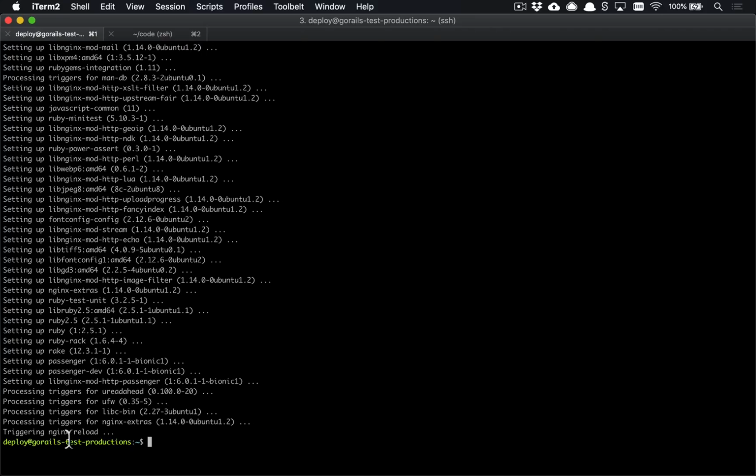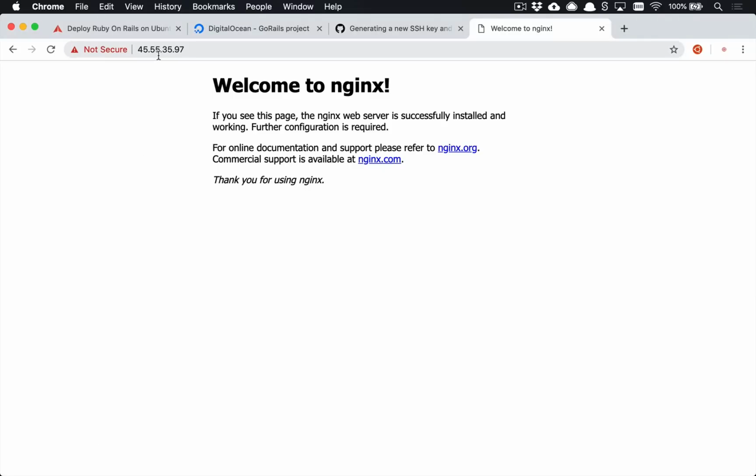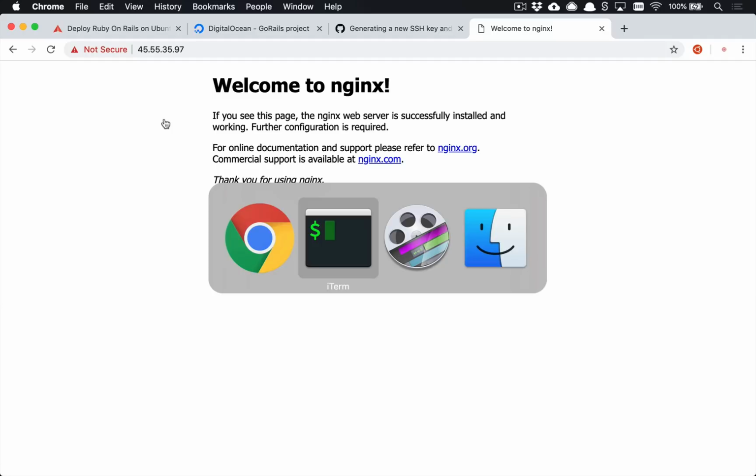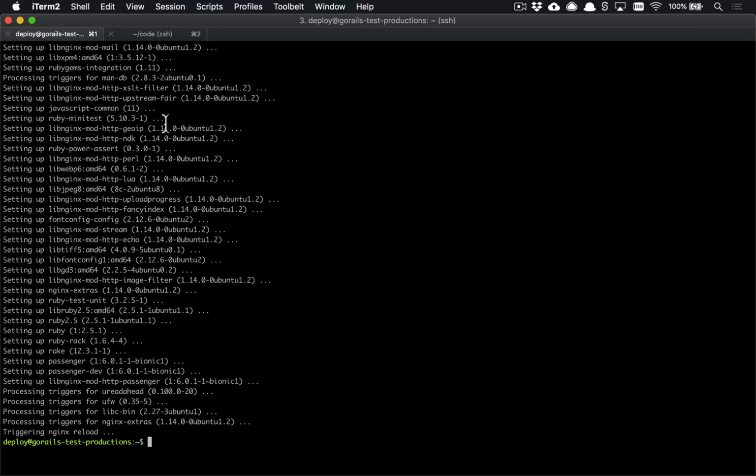So at the very end of this, it's going to trigger an Nginx reload, and if you open up your IP address in the browser, you should see the welcome to Nginx site. And that is one thing we want to remove. But first, before we do that, we want to check and see if a file exists or not. So we're going to check /etc/nginx/modules-enabled/50-mod-http-passenger.conf,